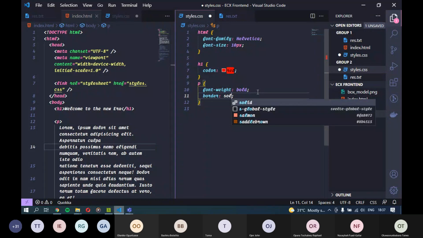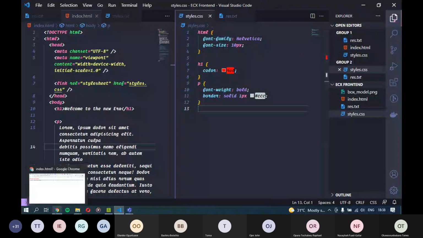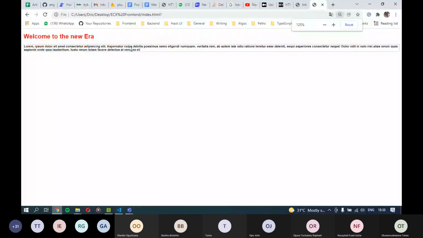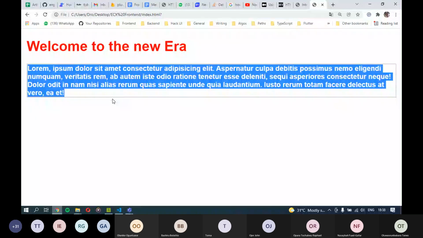So this #ccc is the color. Basically what I'm saying on this line is I want the p tag to have a solid border of width 1 pixel, and the border should be of this color. So if I save this now and I refresh, I know it's faint, let me try and zoom in. You can see that there is a border around the p tag now.